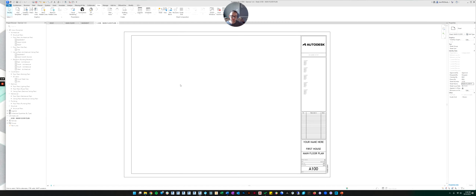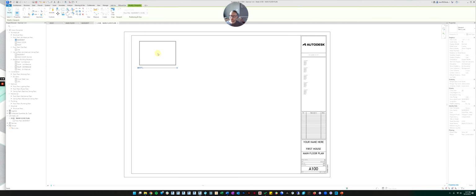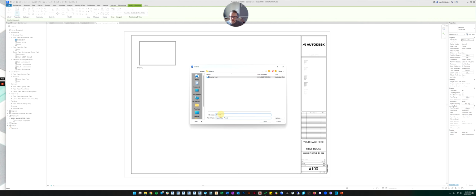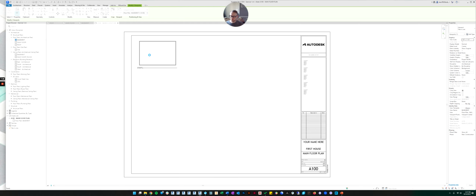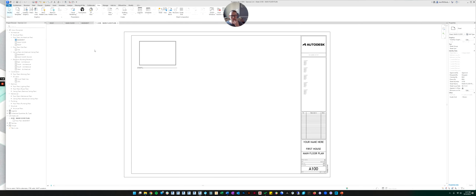So all you need to do to put a view on the sheet is to simply highlight the view, click and hold, and then drag onto the sheet. And then you just click it again to place it. Now it's telling me I need to save, so that's probably a good reminder. I'm going to save as, and I'm going to call this exercise 2 and save. You guys should all save too. Save your work. I have lost work before.